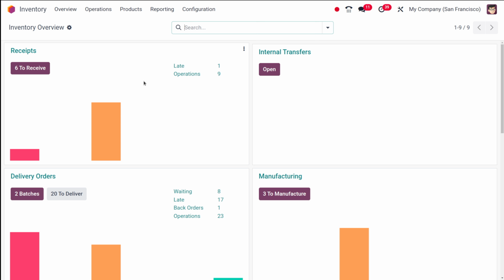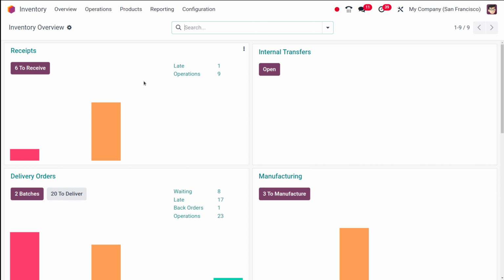Then you have average cost. This calculates an average cost based on all purchases. And finally, you have FIFO, which is first in, first out, which assumes the first units you bought are the first ones you sold. So it's super important to know that the method you choose for a product directly impacts how the value is calculated in these reports.